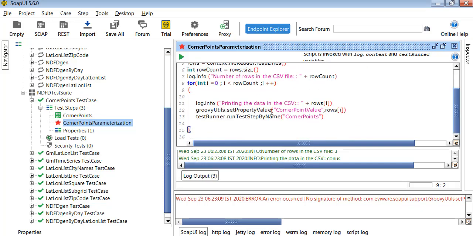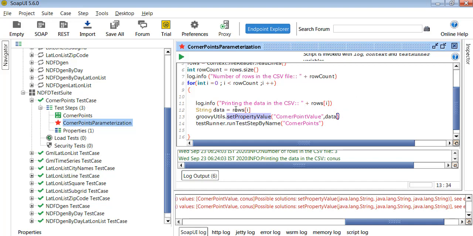But what we set here, did we set the string or not? Set property value, we have to set string comma string. So this is not being considered as a string, right? We have to see why it is not considered as a string, because this is a string and this should be a string, right? So let's try to do one thing. Let's take one variable, string data is equal to rows of i, and we'll just pass data, because it should be considered as a string, but it is not. Let's try to execute and see now.